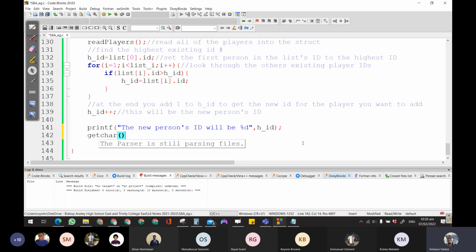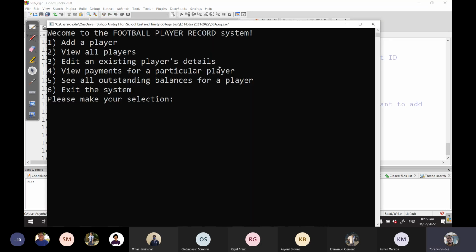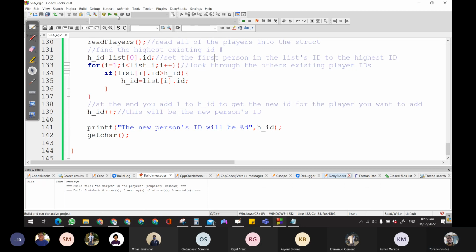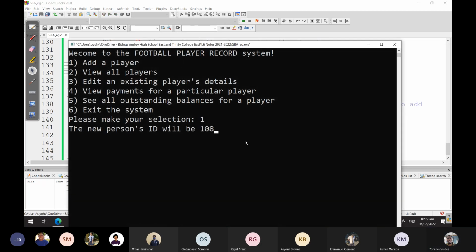Get char here. Put a getchar there. And say add a player. The new person's ID will be 104. Let's say, for instance, we change this in the file to 107. Let's see if it will work. The new person's ID would be 108. So we're off to a good start because we now know the ID that we want to write for that